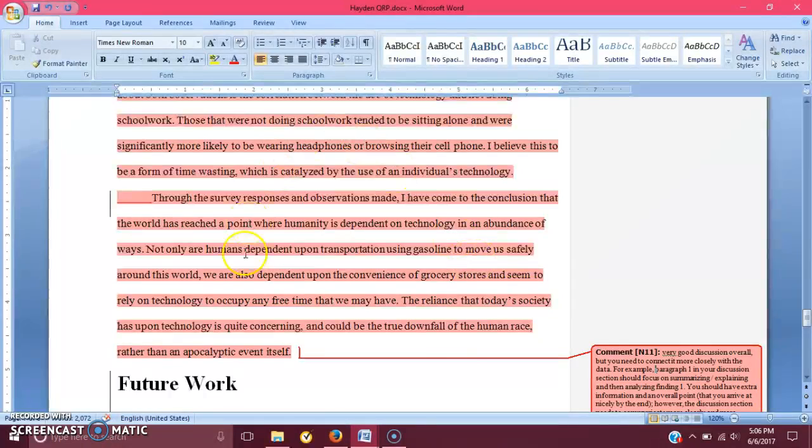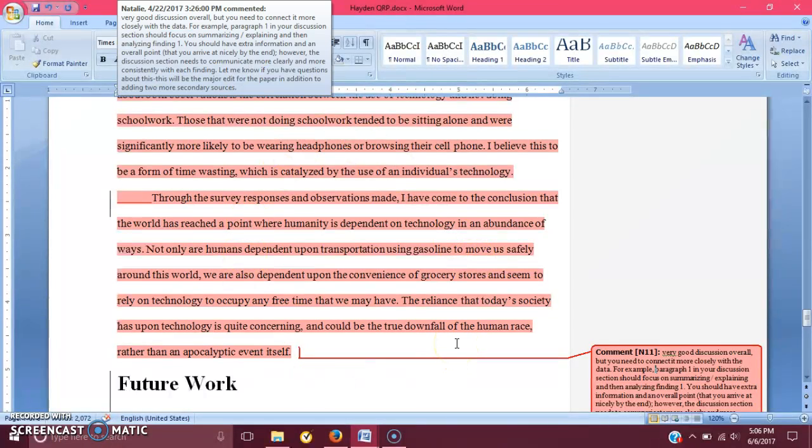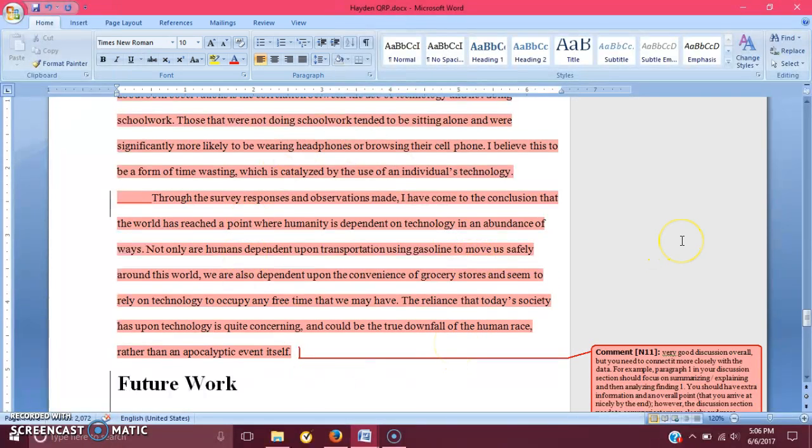So again, parts of different papers can be really, really good, and other parts still need revision. That's why we do peer editing. That's why we do drafts. That's why we do revision, etc. But yeah, that's pretty much it for today. Just focus on those conclusions, focus on getting your drafts done, and keep in mind that this will be the paper that you probably will revise the most, not only because it's the longest, but because it has the most moving pieces. So expect a lot of